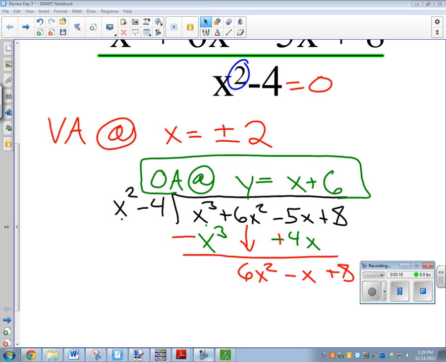How do I need to know long division? Good question. Remember on bottom it says x squared. If you're dividing by a square or a cube, that's when you need to do long division. If it just said x minus 4, then I could do synthetic. So if it's squared or cubed, you need to do long. The only time that in this chapter